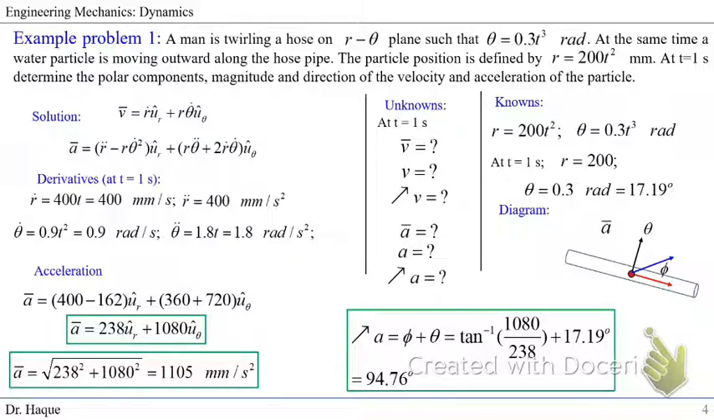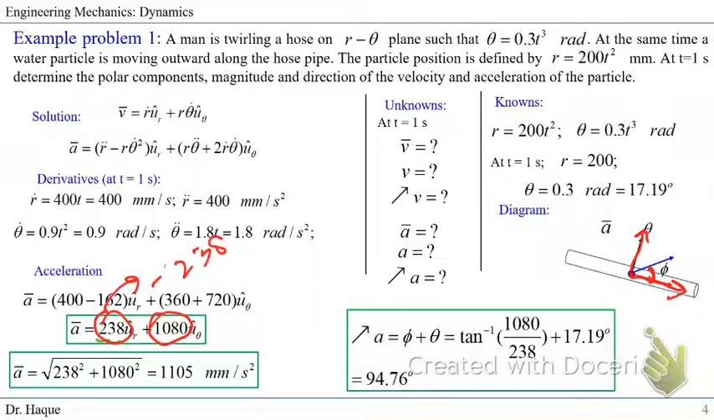our equation, and since you see the x component of acceleration is 238, positive, that's why our direction is positive here, and then y acceleration is 1080 in theta direction, positive. So we have our angle, so we'll get this angle. If we had 238 negative, for example here, if we had negative 238,